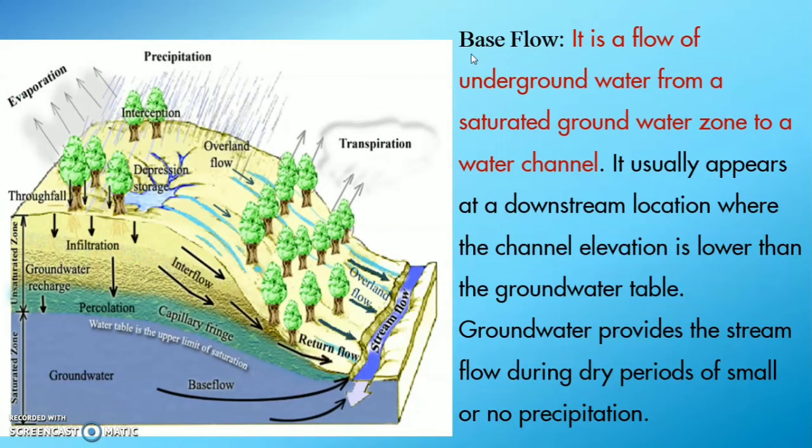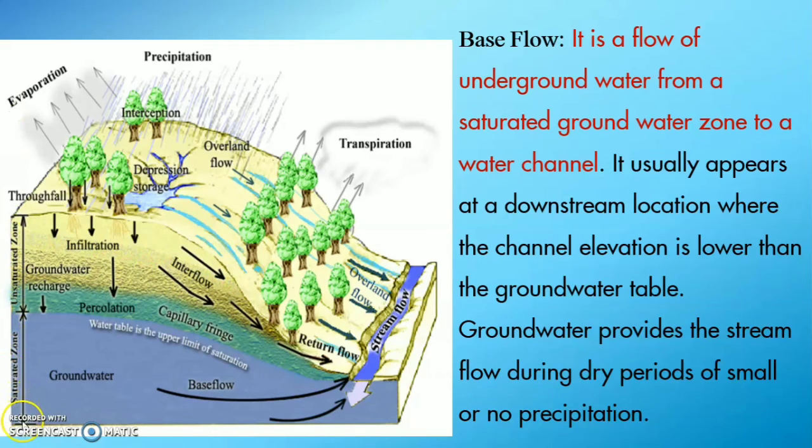The next type of runoff is base flow. Children, during percolation, the water moves underground, that is to the groundwater zone. Because of this, the groundwater zone gets saturated, that is, it gets the maximum moisture content. Now, from this saturated zone, the underground water moves to a water channel, that is to the rivers, lakes and other water bodies. So children, base flow is a flow of underground water from a saturated groundwater zone to a